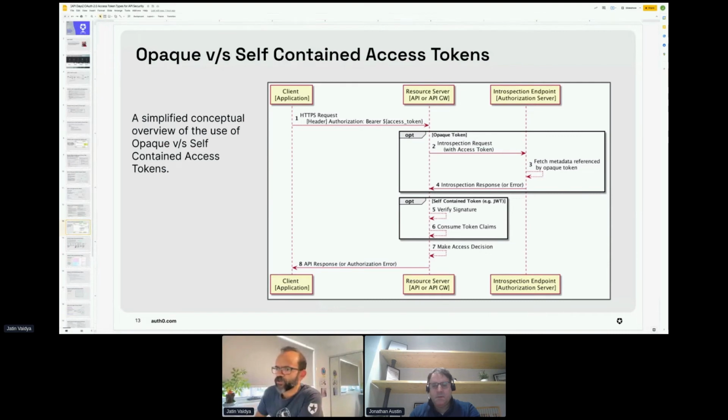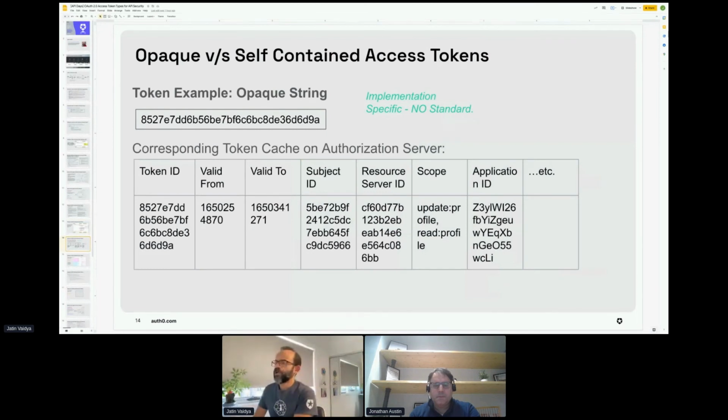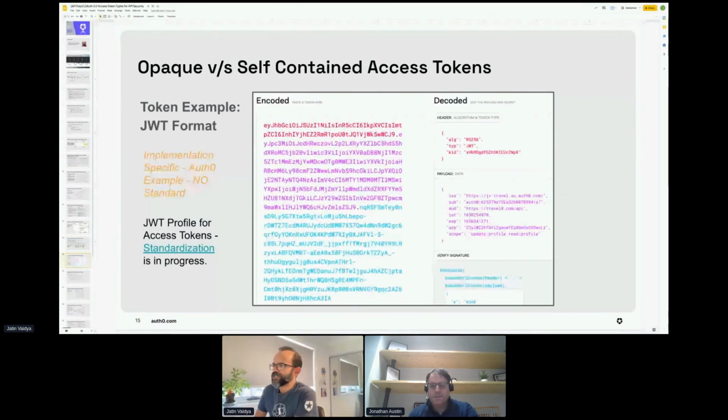So now, just looking at how exactly the token types look like. So this is an opaque token, just an example of an opaque token, like I showed to you before. Now this one is an example of a JWT. On the left-hand side in this image, that's the whole token. That's an actual token issued by Auth0, but it's expired, so you won't be able to use that token anymore. On the right-hand side is the decoded version of the token.